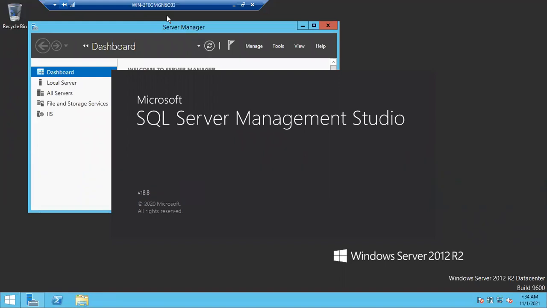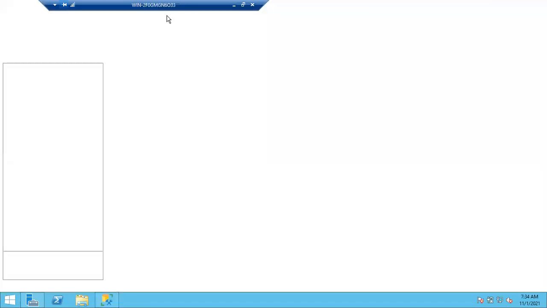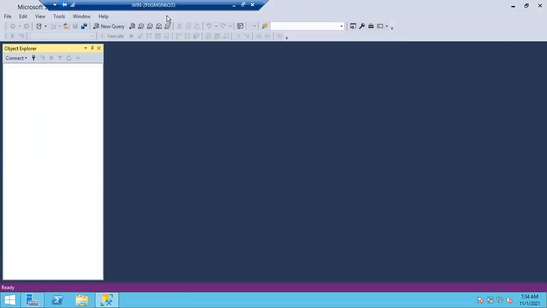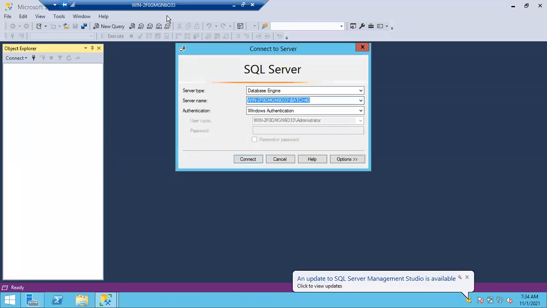You can connect to the 034 SQL instance from 033, provided there is communication between 033 and 034. By default, the communication will be disabled so that you cannot connect. But if the communication is enabled between 033 and 034, you can connect to the 034 SQL server from the 033 instance. So this SSMS is just a client.